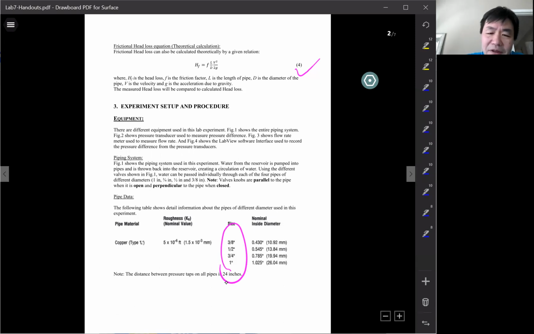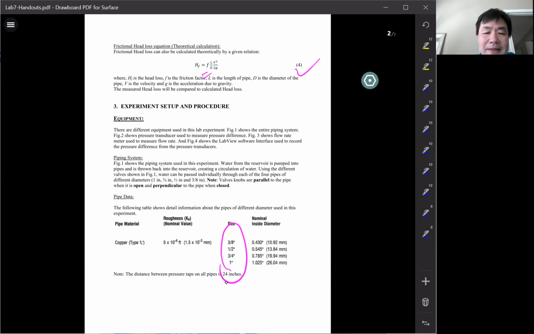So F, you need to find your friction coefficient from the Moody diagram. But this is an easy case. You have the velocity, you have the Reynolds number, you should have the surface roughness, okay? This is the brass pipe, okay? Brass, so you should be able to find the surface roughness. With the Reynolds number, you should be able to find F, the friction coefficient,